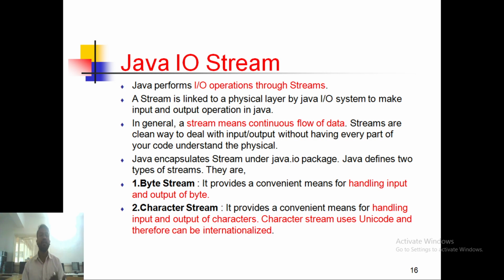Byte stream works with bytes and character stream works with characters. Each stream handles input and output: byte stream handles input output of bytes, and character stream handles input output of characters. The character stream uses Unicode and therefore can be internationalized.